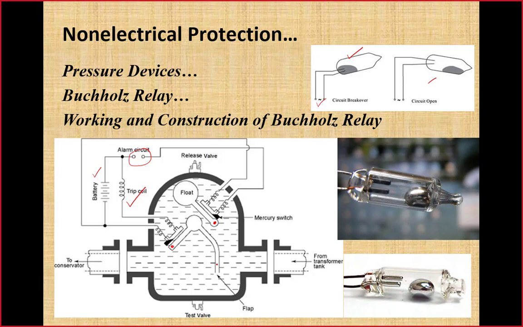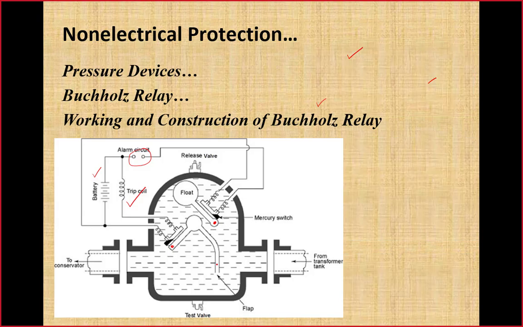Now we will discuss the problems against which protection is provided with the help of these buccal relays. Buccal relays are used to provide protection against, first, leakage of the transformer tank. Through that leakage, if oil spills out of the transformer tank, the buccal relay would sense that problem and first inform, and if not addressed, it will trip the transformer before a fault occurs within the transformer due to leakage of oil.